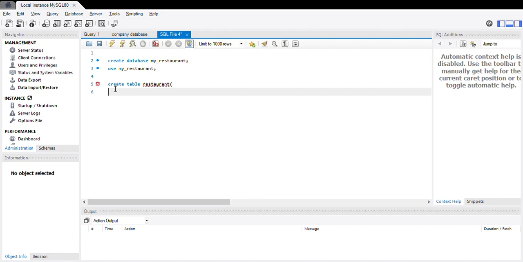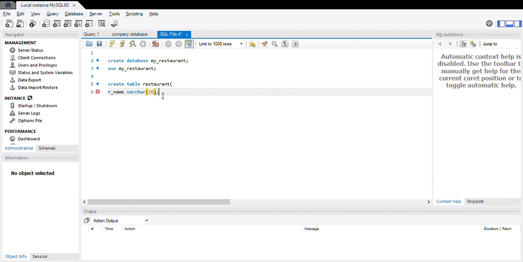So I am using restaurant name, R name. What is varchar? Varchar is variable character, so you can use text and numbers both. An integer is used for only integer values,